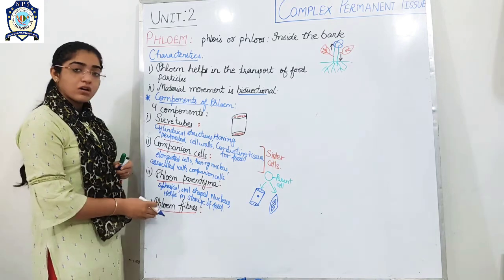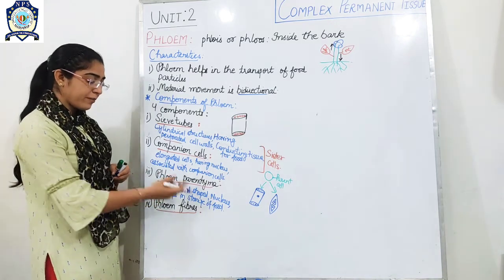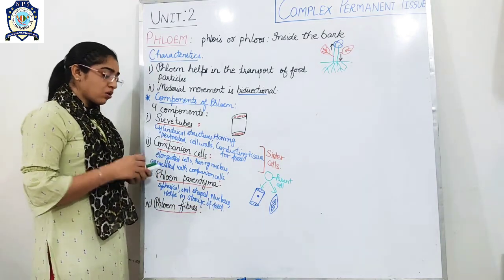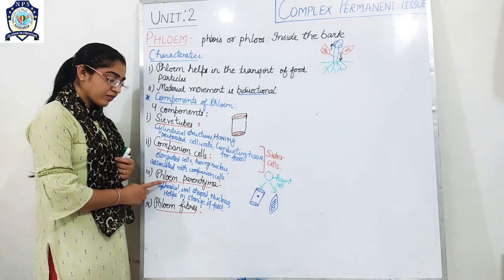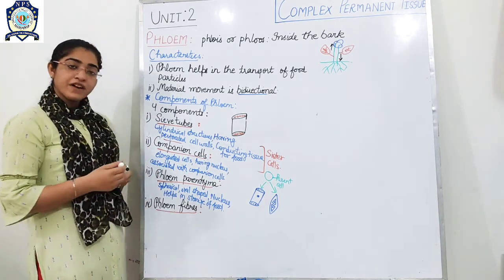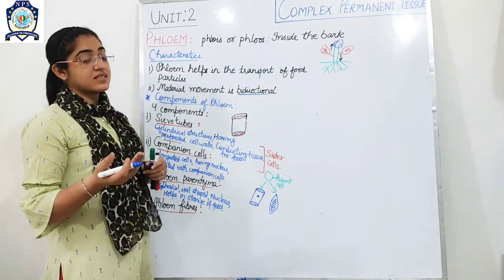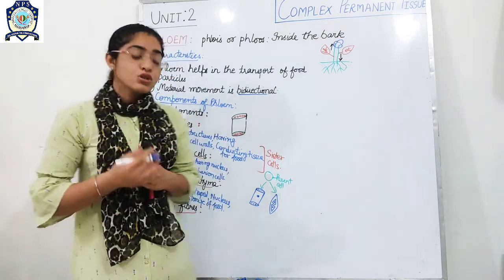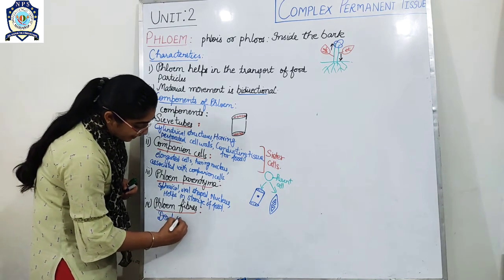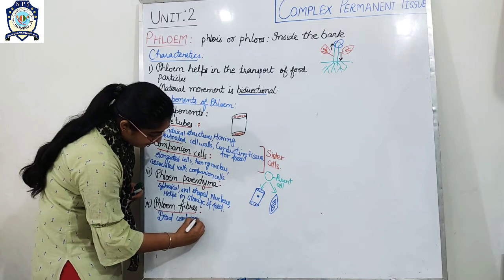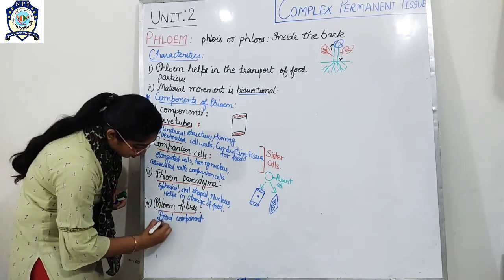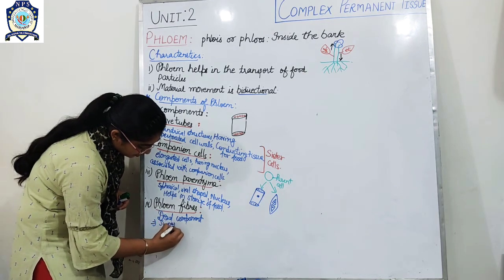Parenchyma, let us talk about the phloem fiber. So phloem parenchyma, as it also bears the nucleus, is also the living part of the phloem. Okay, next is the phloem fiber. So fiber is part of the sclerenchyma tissue, so phloem fibers are the dead component of phloem. Okay, and their function is to provide support to the tissue.